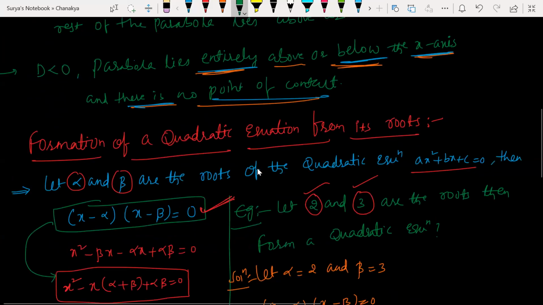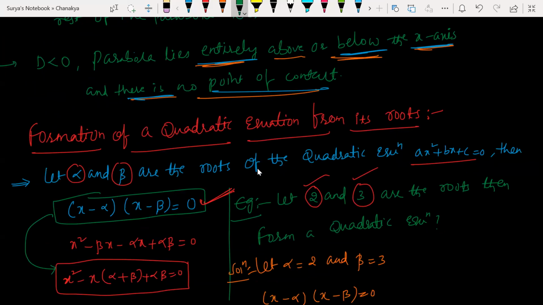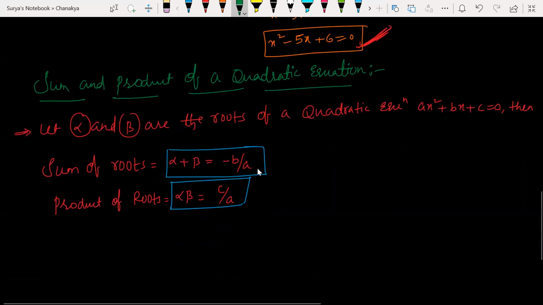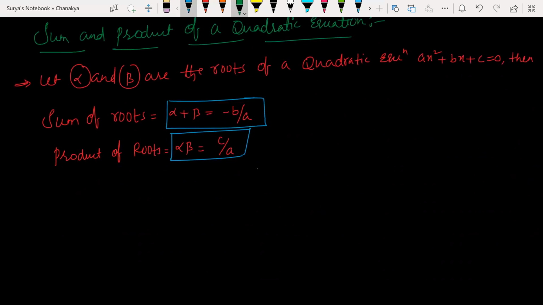So now formation of quadratic equation is very simple. When the roots are given, we find the equation by using the formula x minus alpha into x minus beta is equal to 0. Getting my point? And sum and product of quadratic equation is also a formula. So let us solve an example. Sir, can you show why it is minus b by a, c by a? Definitely. If you want me to teach the proof, definitely I'll teach you. But before getting into that, we'll solve one example problem. Will prove that. Okay, sir.